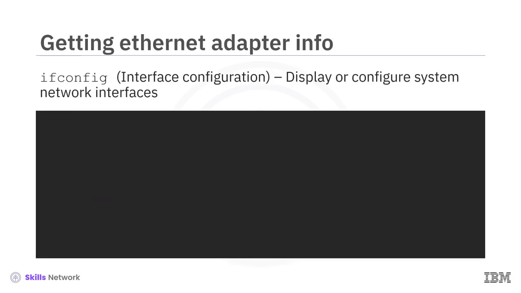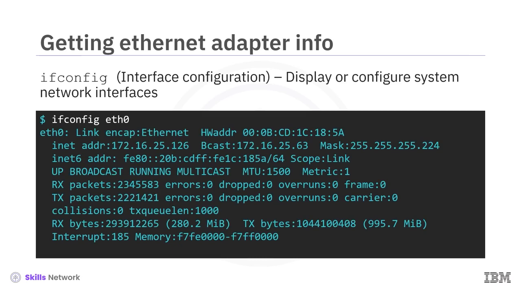You can also specify a specific device you want ifconfig to inspect, such as an Ethernet adapter called eth0. Entering ifconfig eth0 returns information about your Ethernet adapter, such as its internet address, the number of packets received, including counts of errors and dropped packets, the same metrics applied to transmitted packets, and the total amount of data received